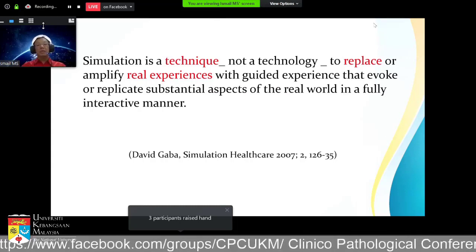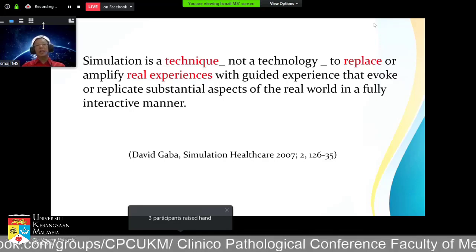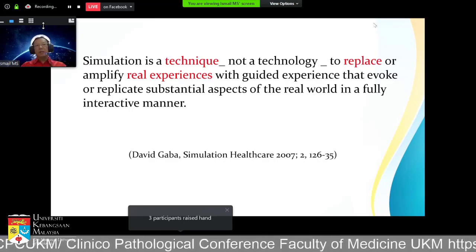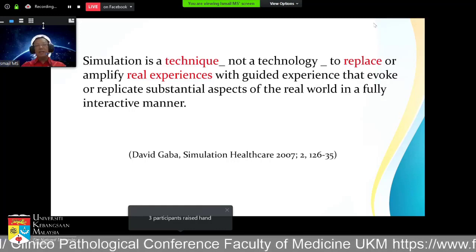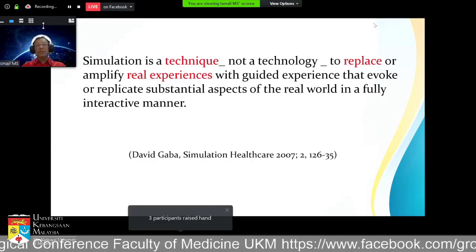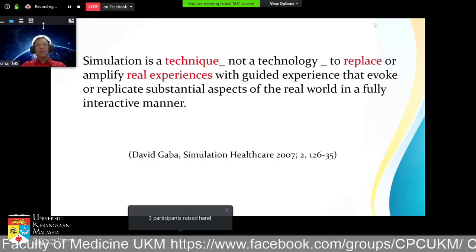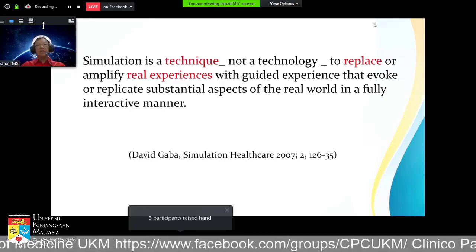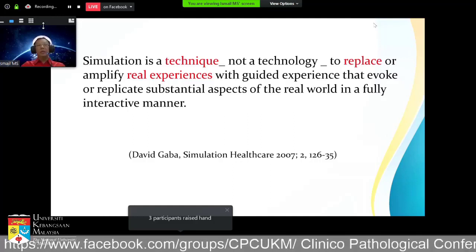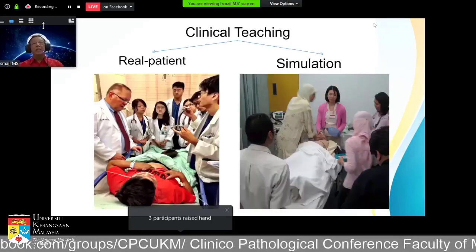Recently I was called to conduct a workshop in one of the IPTA, and to my surprise they were asking me, where are all your high-fidelity simulators? We came here to see the simulators, but we only see you and your team telling us how to teach. That is one big misconception about simulators, because if you want to talk about simulators, then the best person to talk would be the companies that make them. So in terms of clinical teaching,